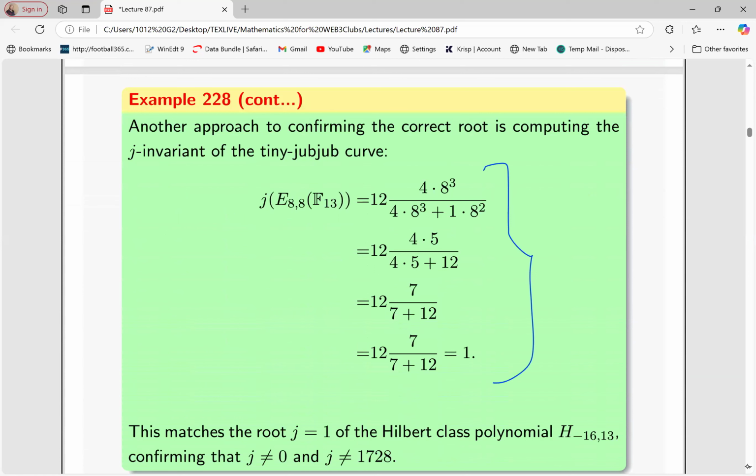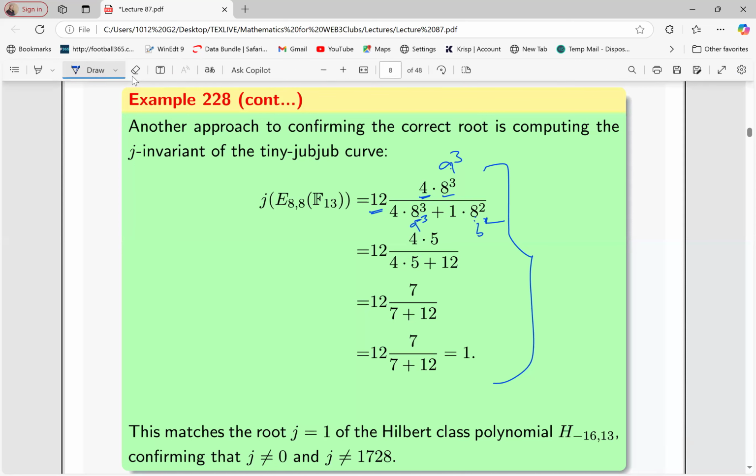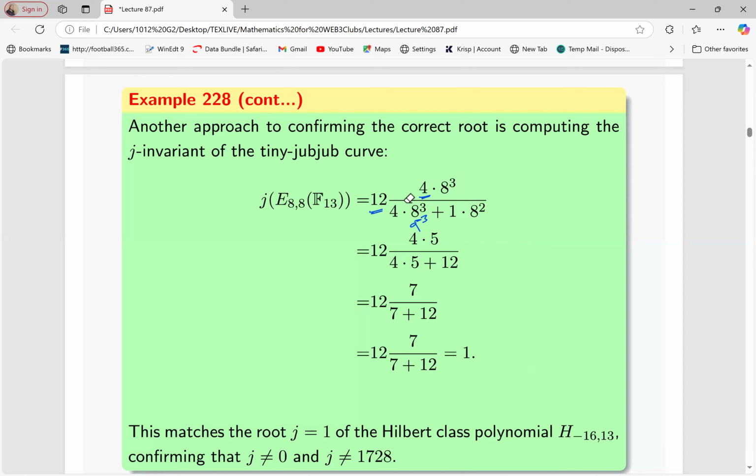What we had done earlier when we were calculating the J invariant: we said to get the J invariant, you would take this 12 times 4. This is 4, this is A cubed, and this is B squared. So for our case, our A is 8 and our B is 8 also for the curve that we are looking for. So I'm just proving that